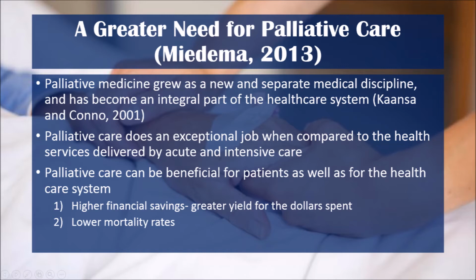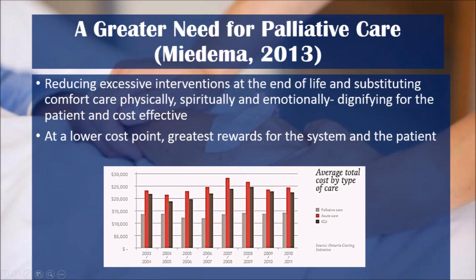This type of healthcare does a better job both by performance and by financial measures when compared to the type of care delivered in acute and intensive care units. When the average cost of acute and intensive care units are compared to the cost of palliative care in Ontario, palliative care also demonstrated significantly lower costs when it came to healthcare delivery. This is primarily due to the reduction in excessive pharmacological interventions which are used for curative purposes, and an increase in provision of comfort care for patients.